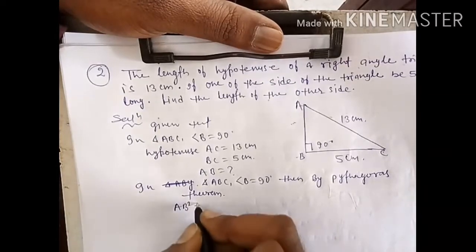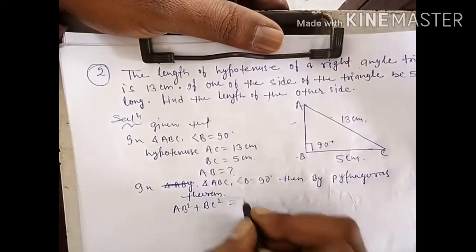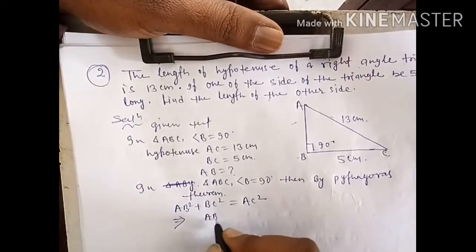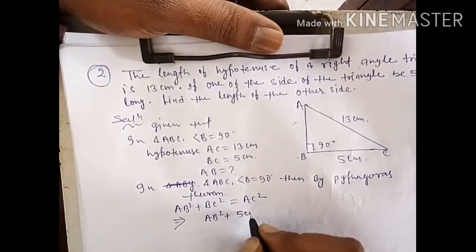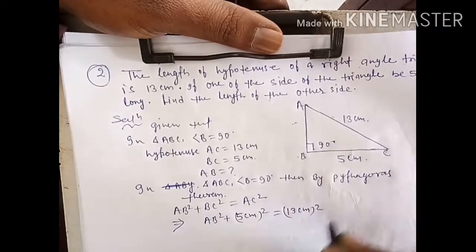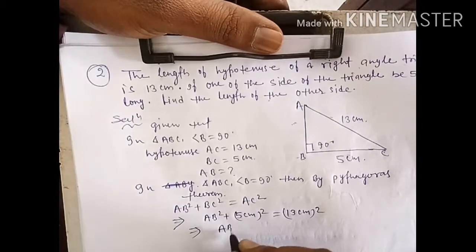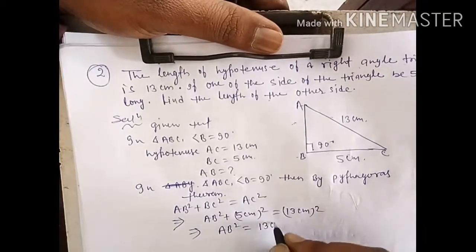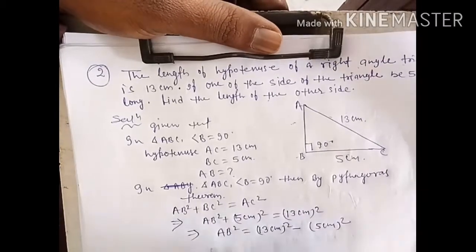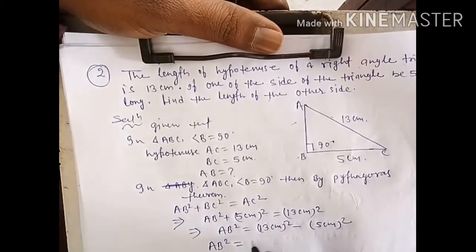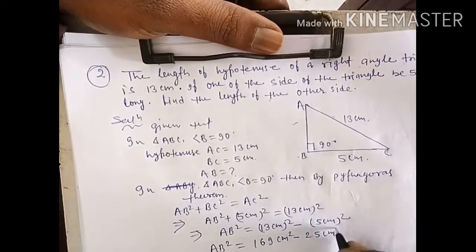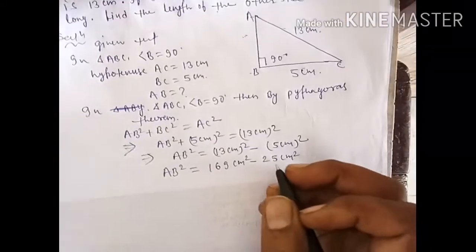AB square plus BC square is equal to AC square. So AB square plus 5 centimeter square is equal to 13 centimeter square. So AB square is equal to 13 centimeter square minus 5 centimeter square. So AB square is equal to 169 cm square minus 25 cm square. After subtracting, you get